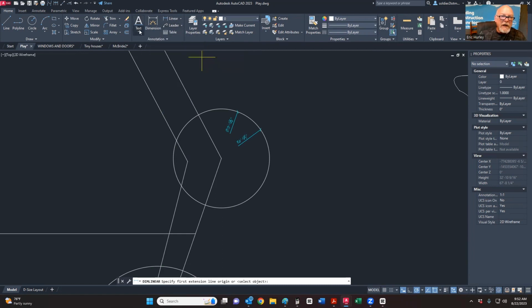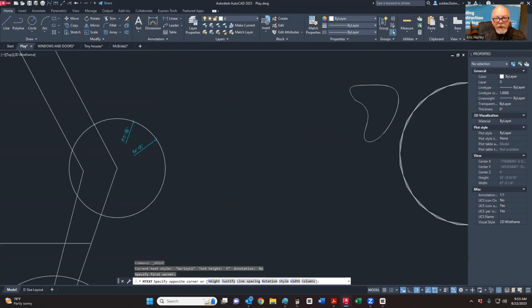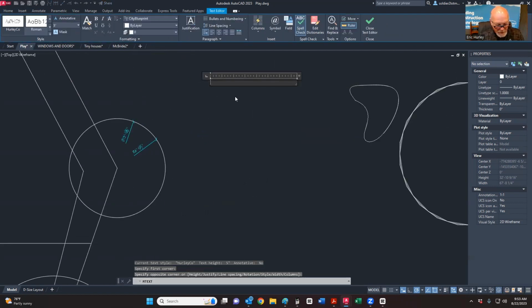When you're looking at this, the first time you open up any project, it will not be on single line, it'll be on multi-line, and it goes back to what I was telling you there. So if we go multi-line, and we can set it up and we can type